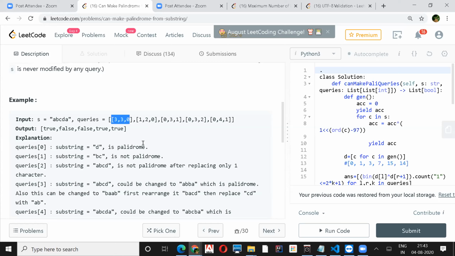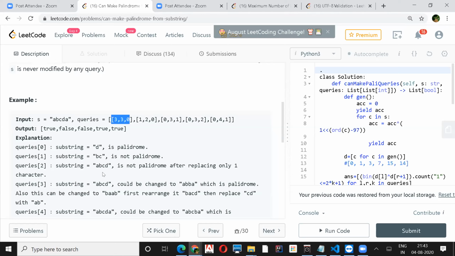And again, for ABCD, you can replace one character, but still, because it's an even length palindrome, an even number of characters are there, so both the characters should be even. But they have given a restriction that only one character you are supposed to replace. So if I replace one character, then at least one character will have an odd count. That will create a problem. We can't form a palindrome. Right, because they are saying that the whole substring has to be a palindrome in this case, correct?